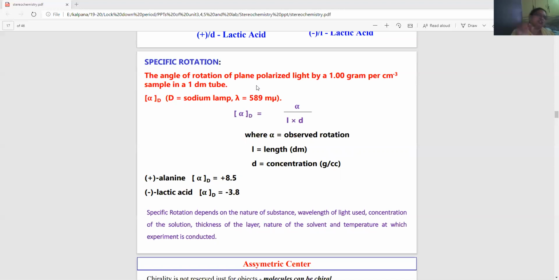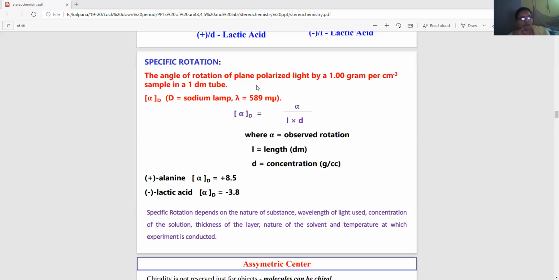So how much rotation it is making is measured in terms of specific rotation. It is represented as alpha D, where D is the sodium lamp and its wavelength is given as 589